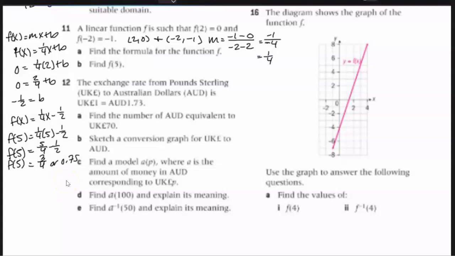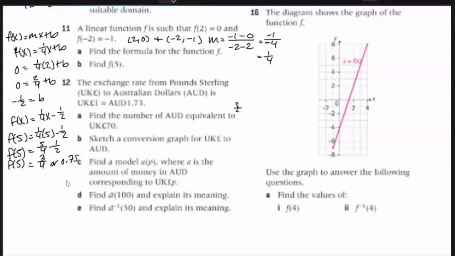Number 12. The exchange rate from pounds sterling to Australian dollars is that a pound is 1.73 Australian dollars. Find the number of Australian dollars equivalent to 70 pounds. This is one where you can set a proportion, so we know that